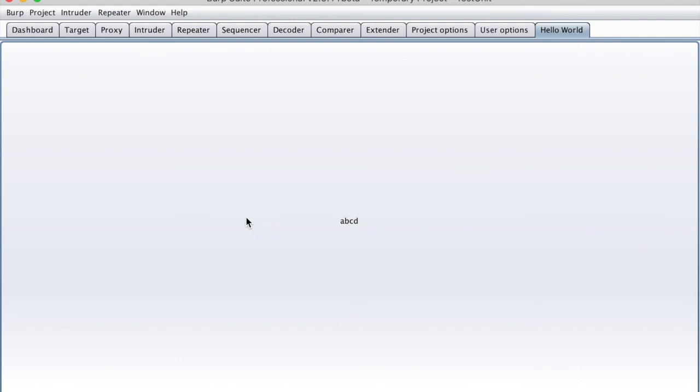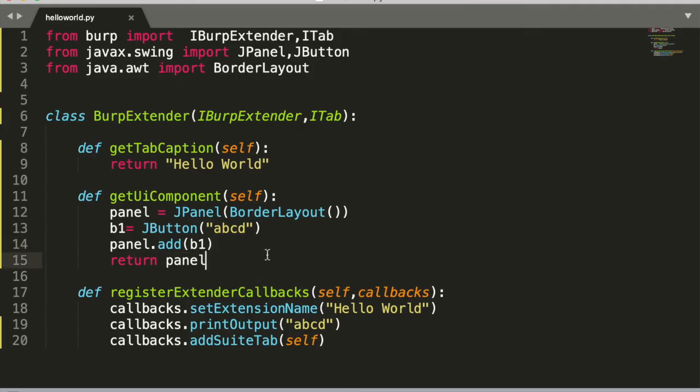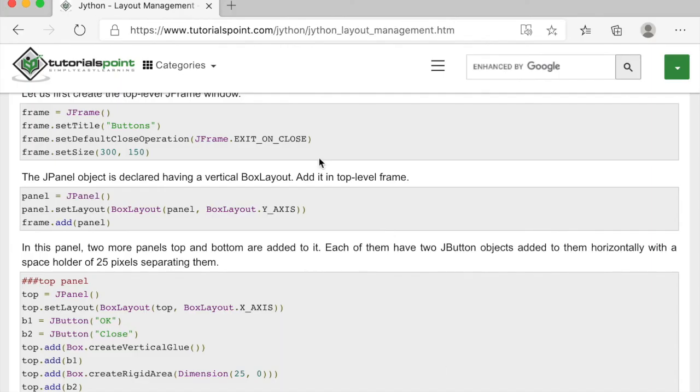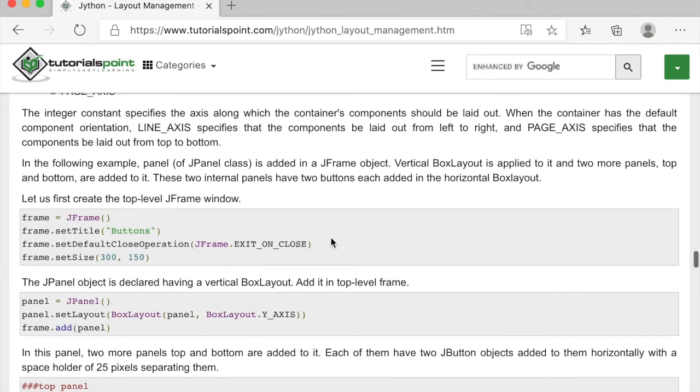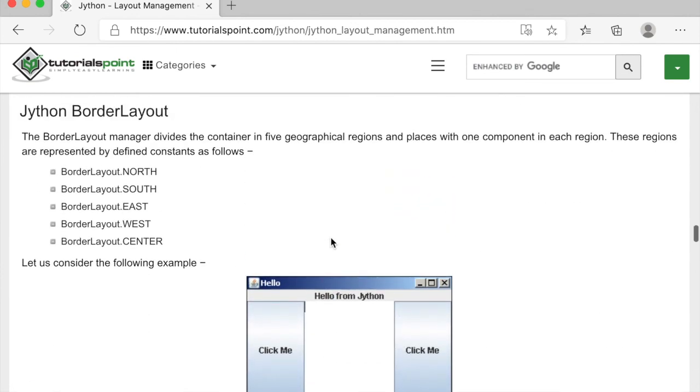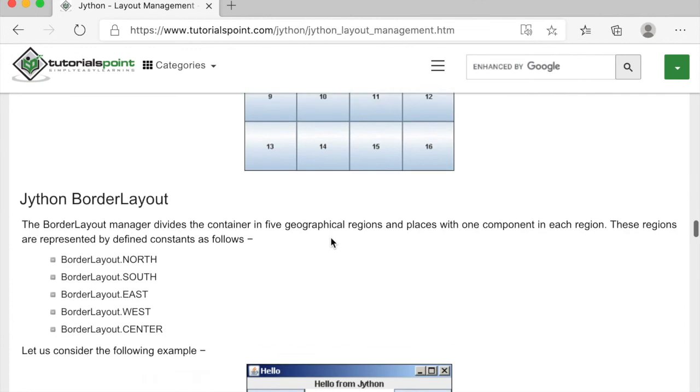So in our next tutorial we'll be creating an event listener for this button, and let's say we might move forward with our BorderLayout. There's a very good tutorial link from Tutorialspoint. You should follow that to better understand Jython layouts.